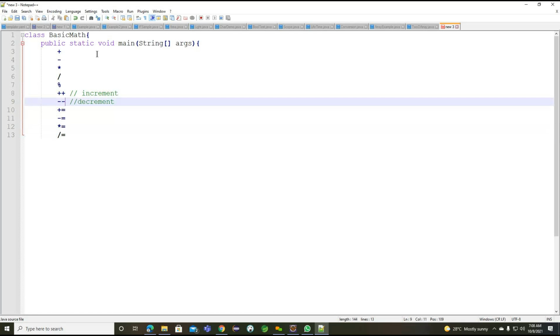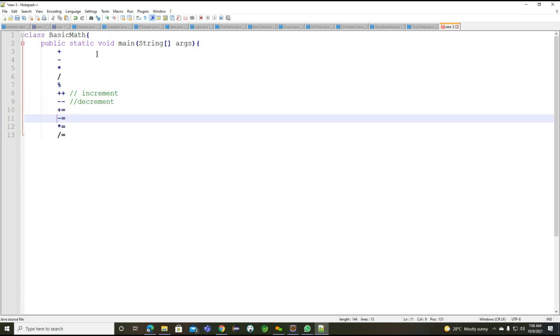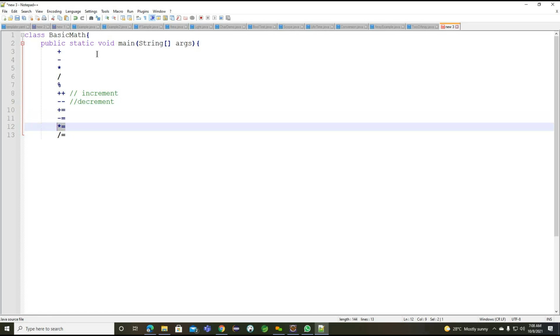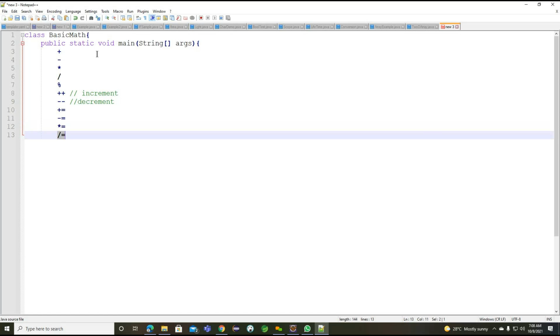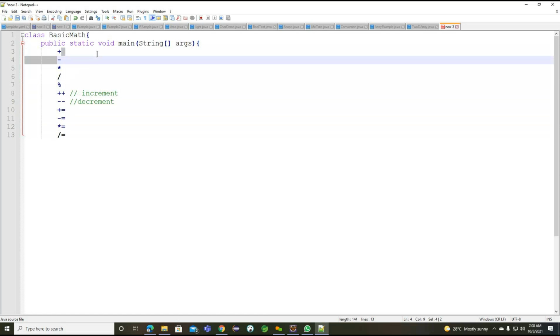The first one is the addition assignment operator, and this is the subtraction assignment operator. Getting the point, subtraction assignment operator. This one provides the multiplication assignment operator, and the final one is the division assignment operator. We already identified the subtraction, multiplication and division related examples. The remaining ones we need to understand here.